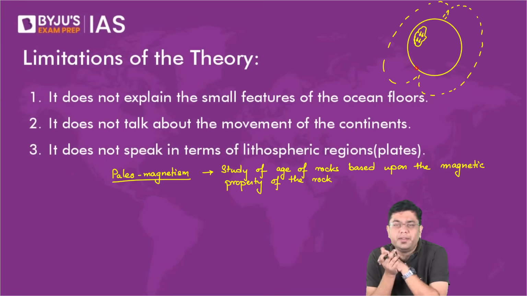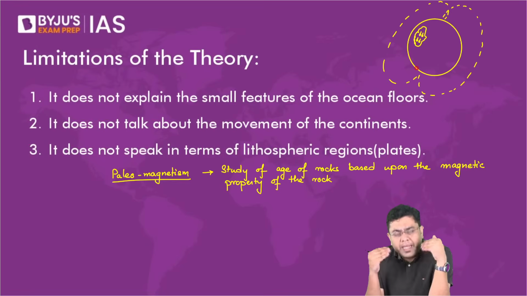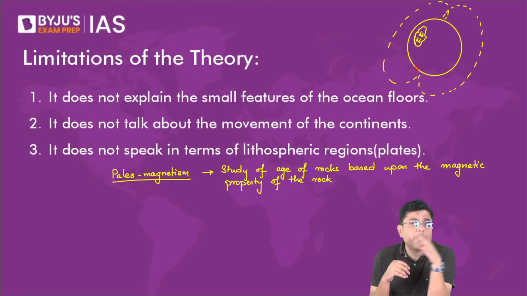I will repeat this. So listen to it carefully again. Basically, the magnetic field lines of the planet have been changing continuously ever since its formation. Now we have the capability to simulate and calculate what the magnetic field lines would have been 150 million years back, 300 million years back, 400 million years back, and so on.